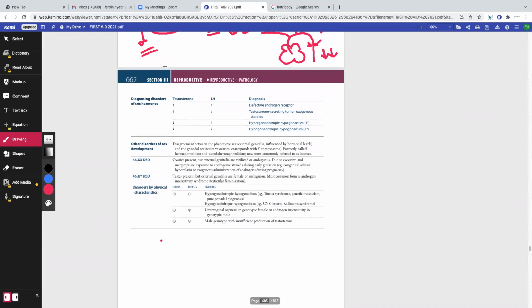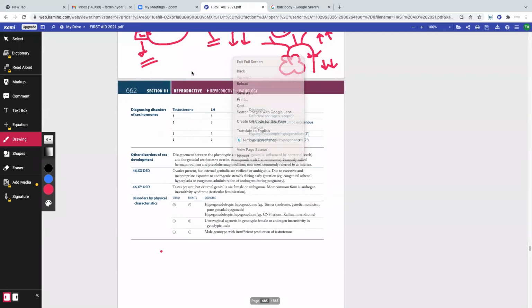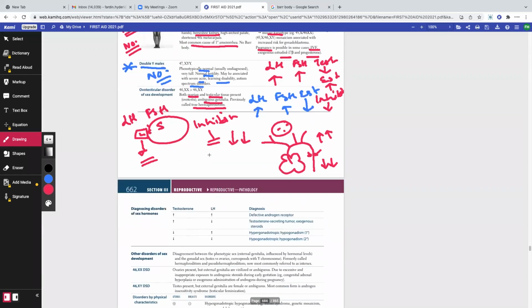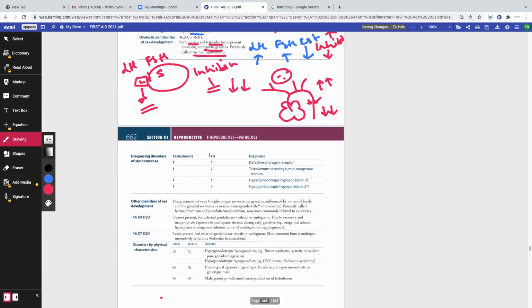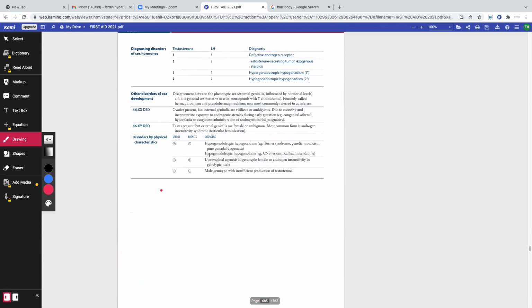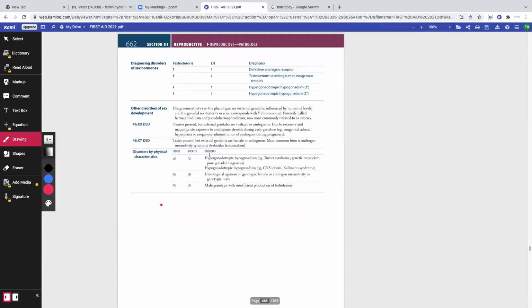Now, the answer that I'm looking for is multidisciplinary treatment. Meaning, do you have to address the patient's psychological point of view? Yes or no? The answer is yes, right? Do you have to address the patient's endocrinological point of view? The answer is yes. Do you have to address the patient's fertility point of view? The answer is yes, right? And can you expect that these patients have an identity crisis or an identity disorder? The answer is yes, right? That they could be confused about how they should identify themselves as a male or as a female.